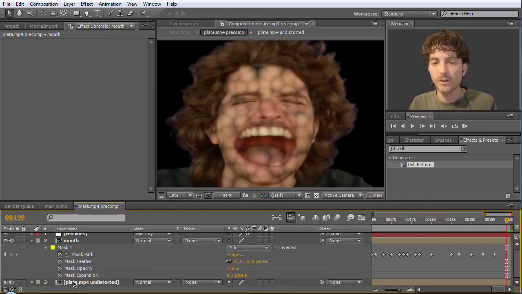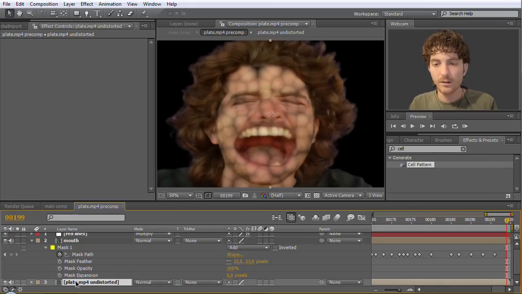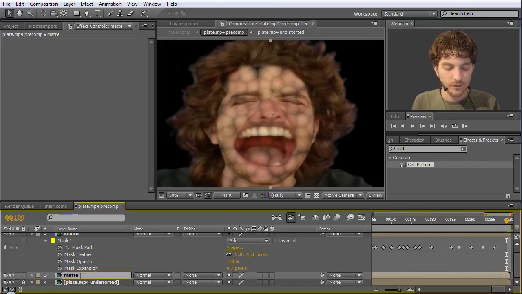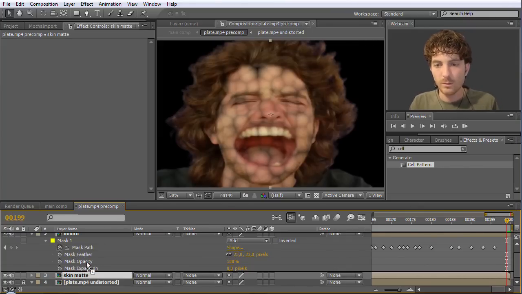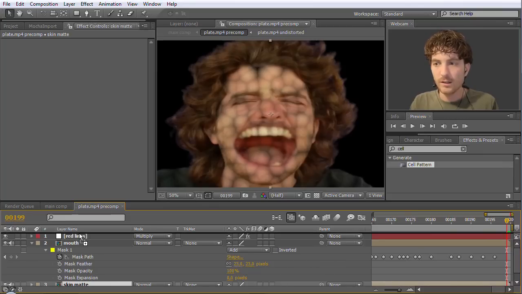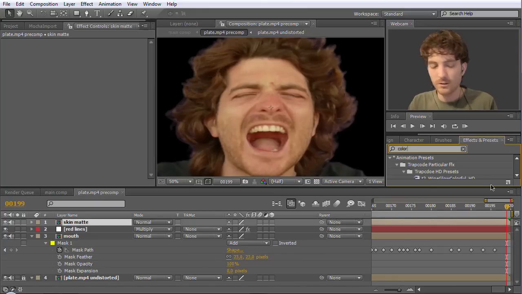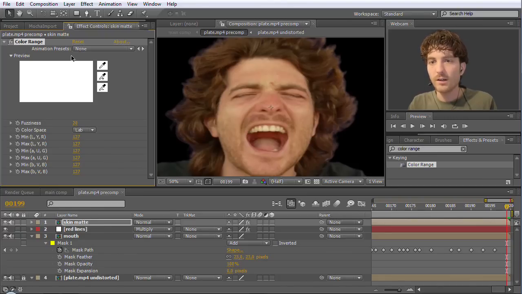pull a matte. And for this, we just duplicate here the background layer. I hit Ctrl D to duplicate it, lock again the original background and call the copy of it matte, or maybe more precise, skin matte. Just we want to have the skin isolated with it. We push it here on top of our layer stack, and now we apply a color range key filter. With this we just drag it here on our matte, and then this color range filter,